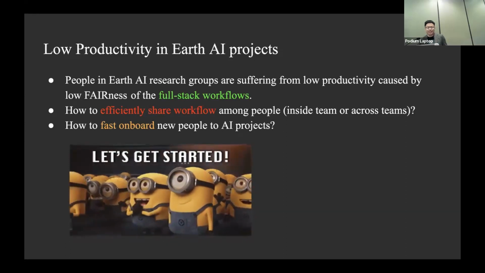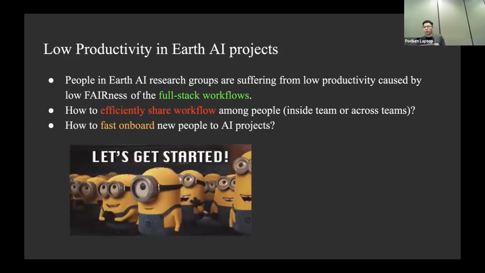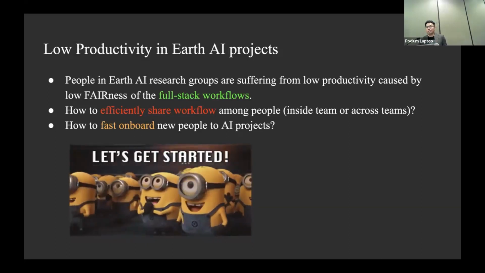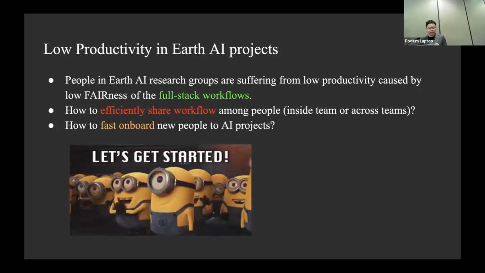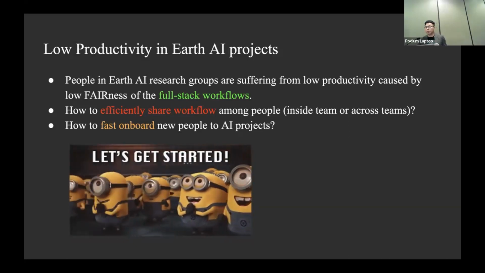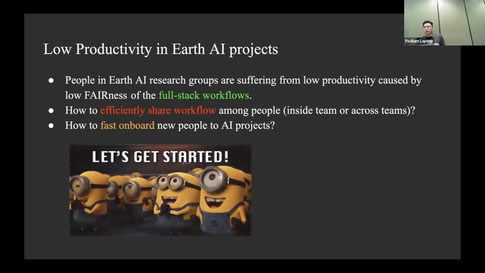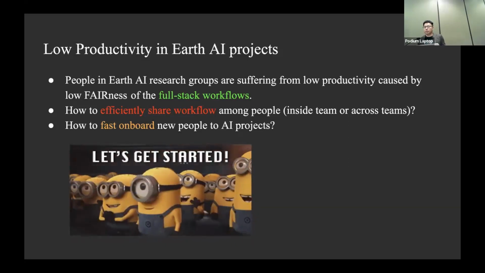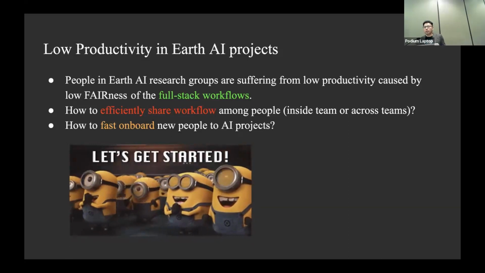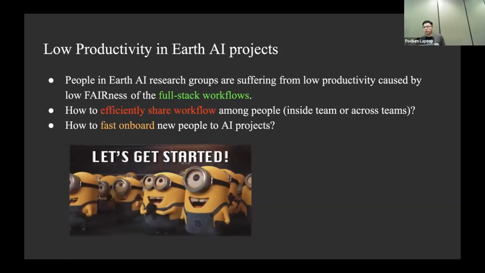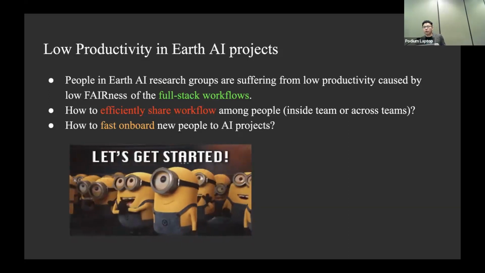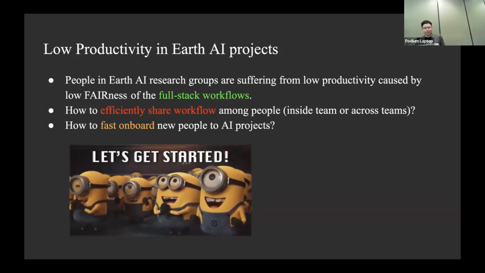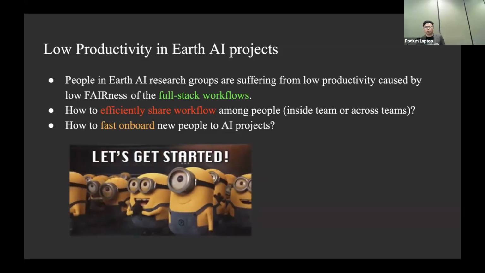So you have to use some kind of software to help you organize and export everything, to make the entire science community more organized, and also to onboard new people to the AI project faster, because most of the researchers are students and research assistants. They only have a very short time to work on one project. If the onboarding process is too long, by the time they are familiar with the whole process, it's time to leave. So the onboarding process should be very short and easy.